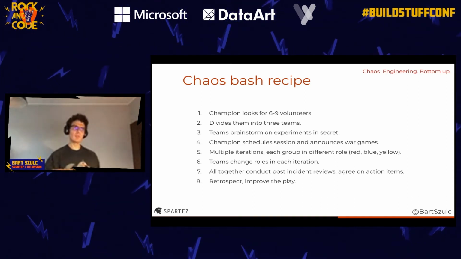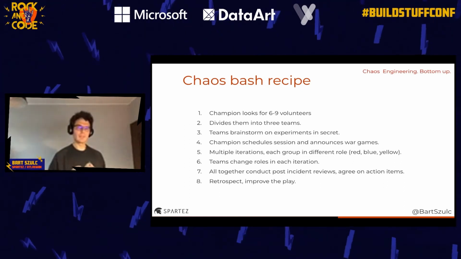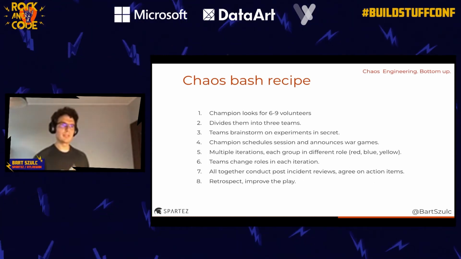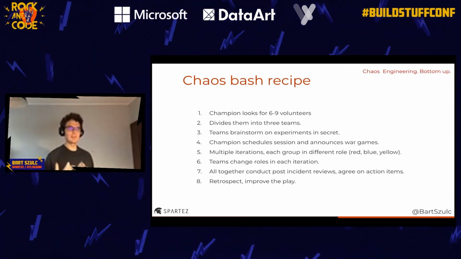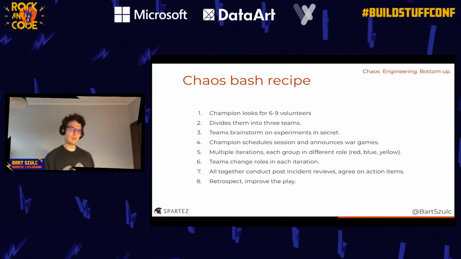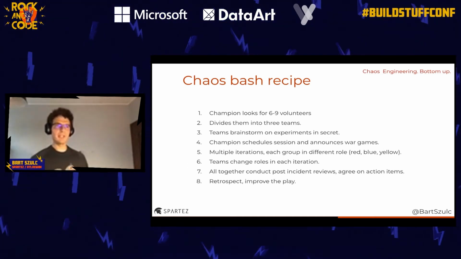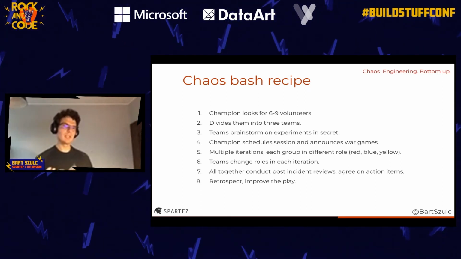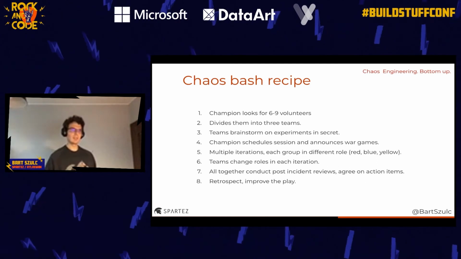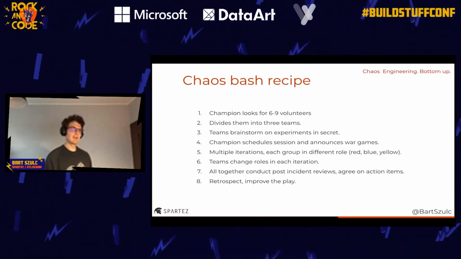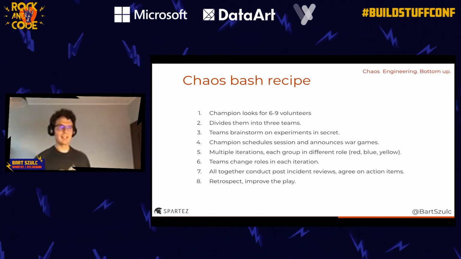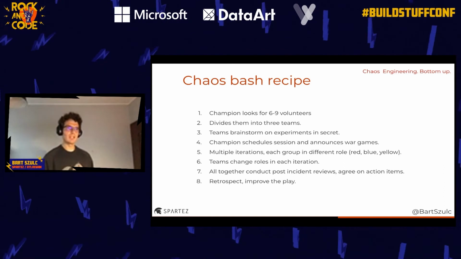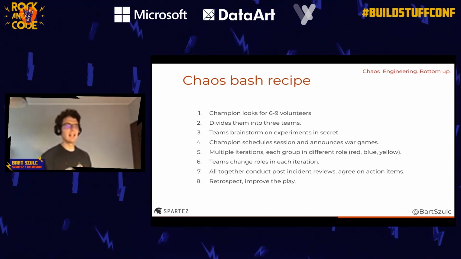And within the session, we have multiple iterations. We have those 3 teams, and those teams end up in different roles. We have 3 roles: red, blue, and yellow. Red is responsible for running the experiment. Blue is responsible for being on call. So if anything goes bad, they will be the ones who need to figure out what went wrong and what is happening to the system and resolve the problem. And yellow is just there to observe both teams and take notes, so we have an objective view of what happened during the whole session.